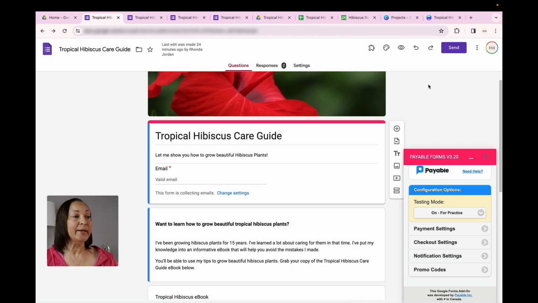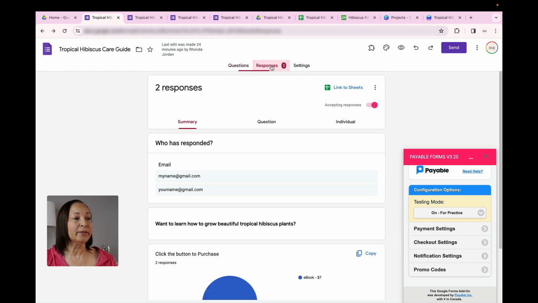Now, one other item that I want to show you is the document or the spreadsheet that's going to be created when your customers are entering information into your checkout page. So if you come back over to your form, you're going to be able to click on this section here that says responses. And when you do that, you'll see those email addresses that I actually entered in.